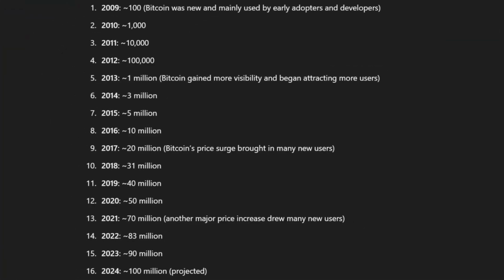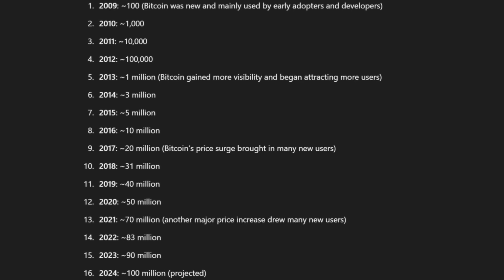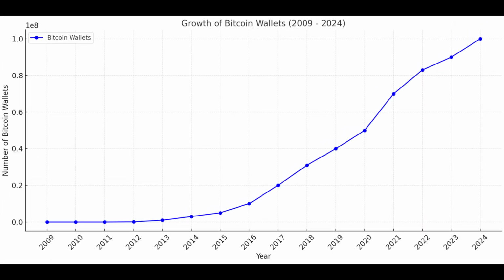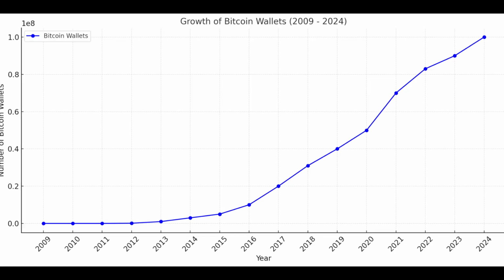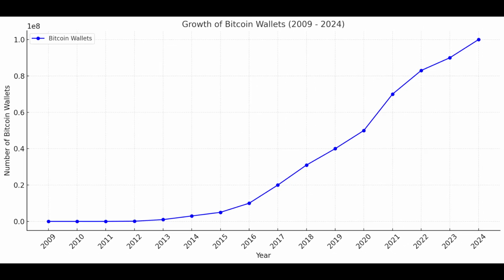Look at this breakdown of the number of Bitcoin wallets from 2009 to 2024. Look at the exponential increase in price. It is a marvel. It is incredible. So I'm hoping the contextualization of Metcalfe's law and the network effect helps to illustrate and paint a beautiful picture on why our beloved Bitcoin has the value it does today and why it has increased exponentially over the years in such a short period of time.